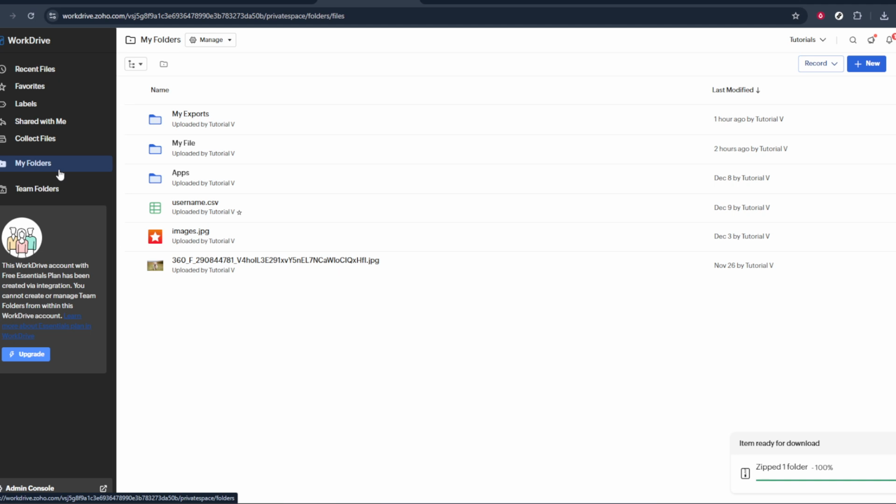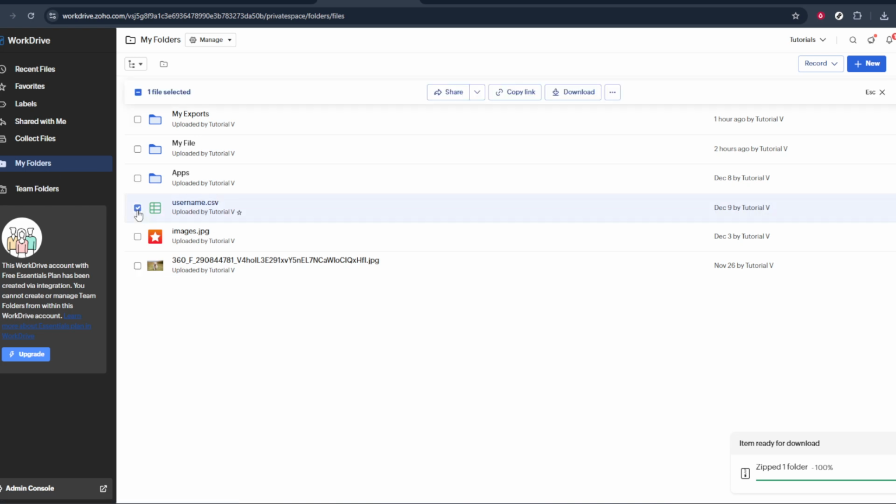Go ahead and click on My Folders. When you do, the main area of the screen will refresh and show you all the folders and files that belong to your personal space. Take a moment to locate the specific file you want to download. You might see documents, spreadsheets, presentations, or other file types, all listed as tiles or rows depending on your current view. Once you've found the file you need, move your cursor over it and click on the box or area